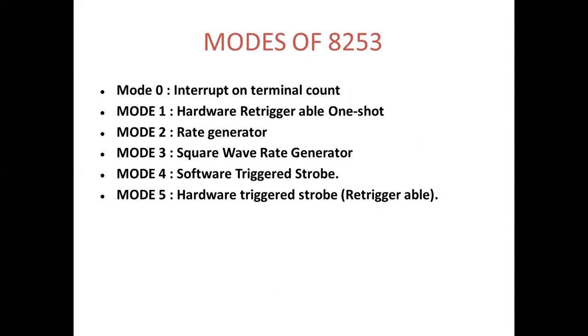The programmer must write the control word in the control word register and load the count value in the selected count register. When writing the mode control word, the counters may be selected in any sequence. Each counter has a separate address so that it can be loaded independently. Usually, the 8253 is available on a microprocessor kit.